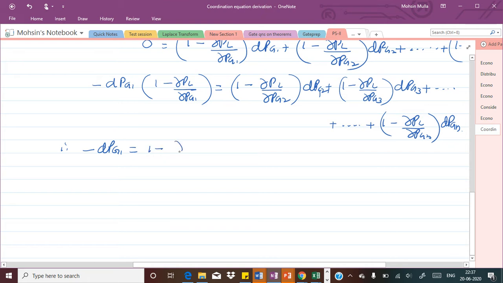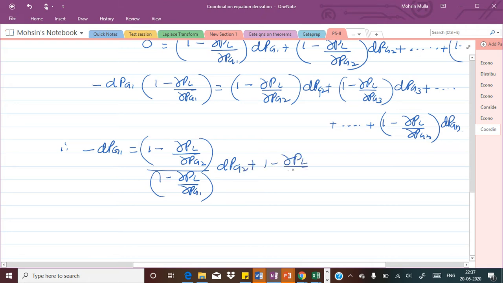We get 1 minus ∂PL by ∂Pg2 divided by 1 minus ∂PL by ∂Pg1 into dPg2 as it is, plus 1 minus, for the second term that we have written for dPg3, this bracket divided by, again in the denominator, that common term 1 minus ∂PL divided by ∂Pg1 into dPg3,